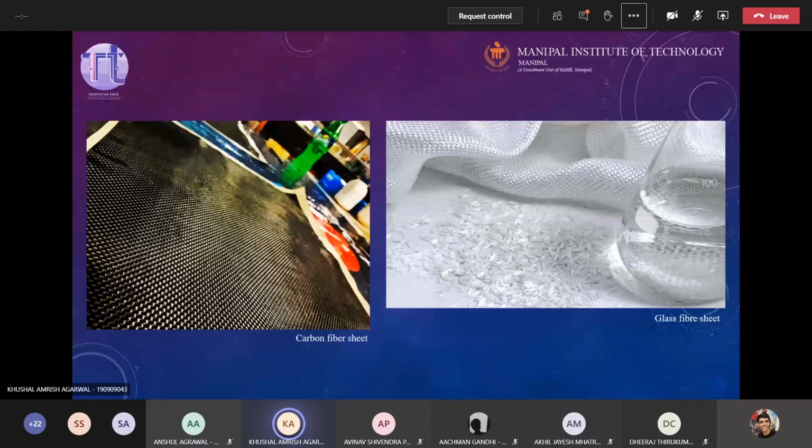Now there is another problem with this. We can't just use the metals for the outer fuselage of the orbital rockets. Does anyone know why? This is related to temperature again. I'll give you that.